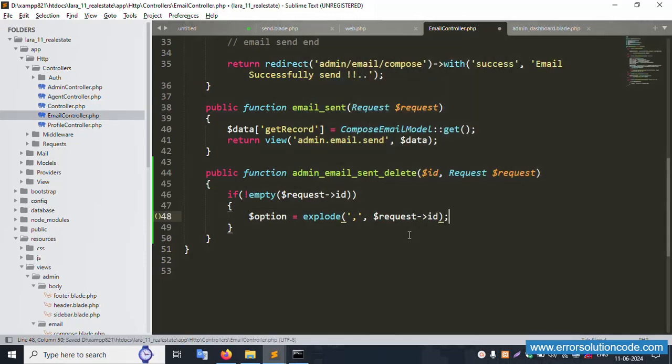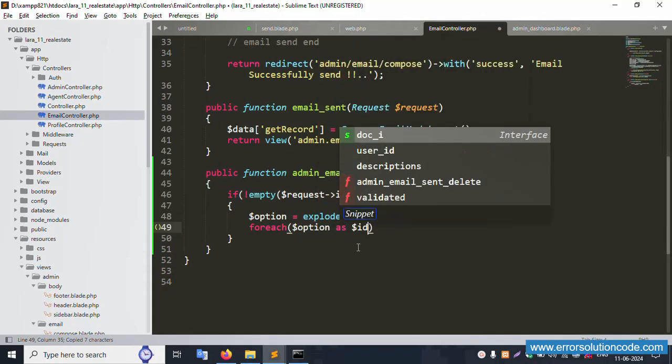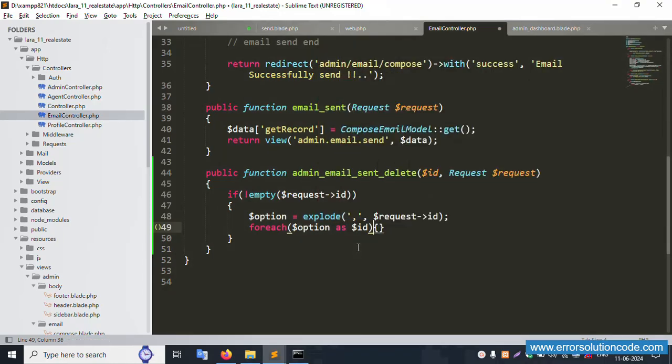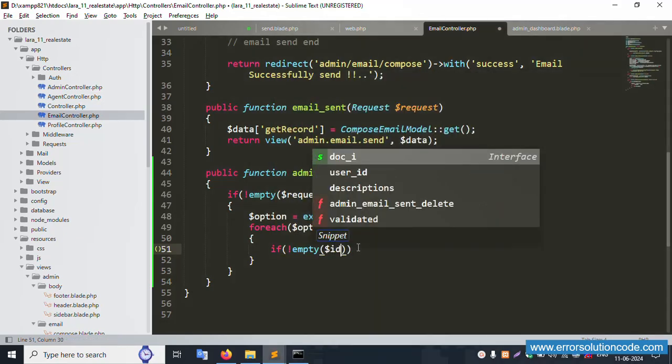So let's foreach option, copy this option variable and paste here, yes $id. If is empty $id